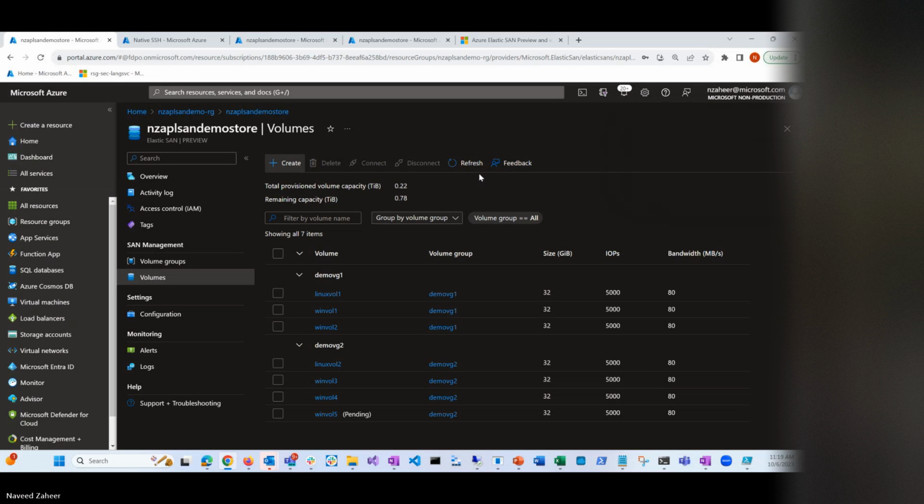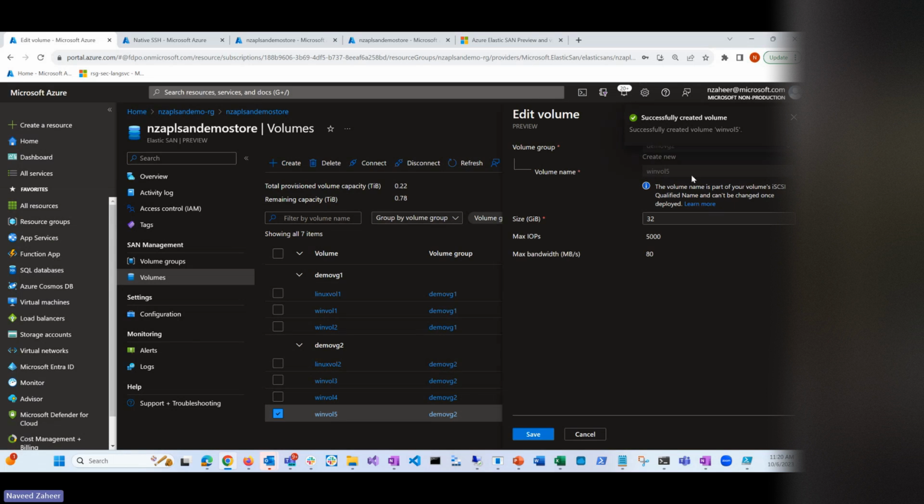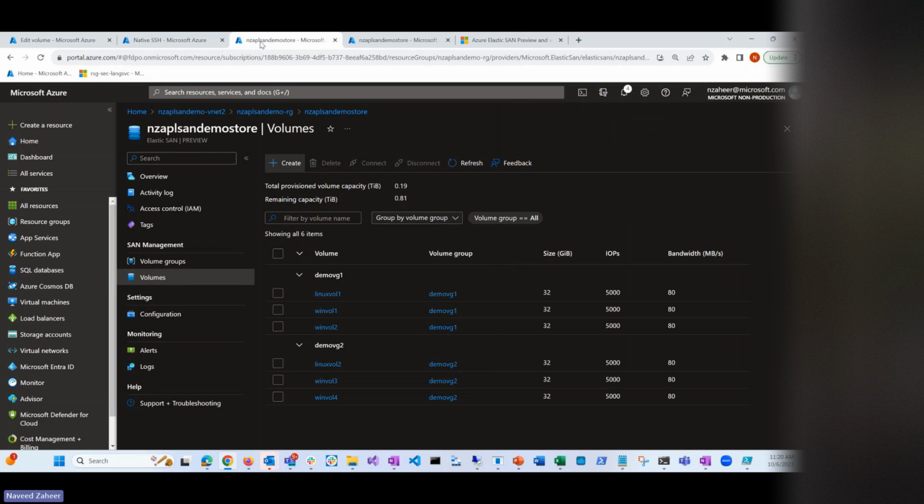Okay, so once that volume is created, we are going to attach it to a Windows server that we are running. Give it a second. Okay, so that has finally created. We look at this volume. This is the volume. So the first thing you have to do is let's go into